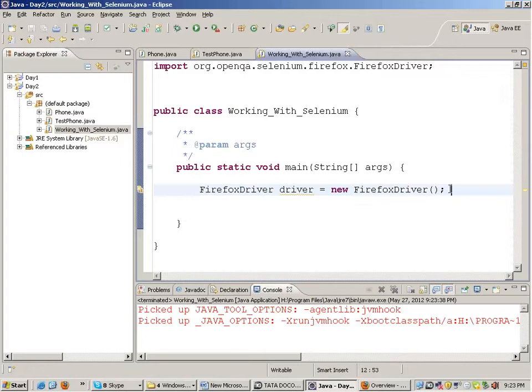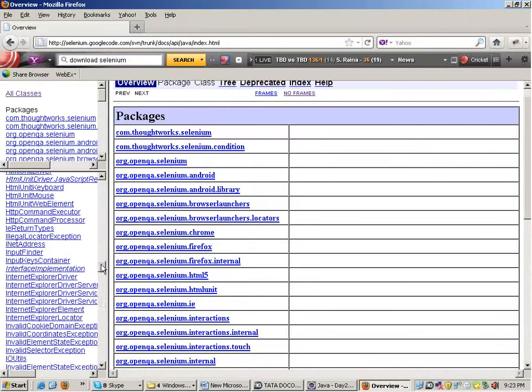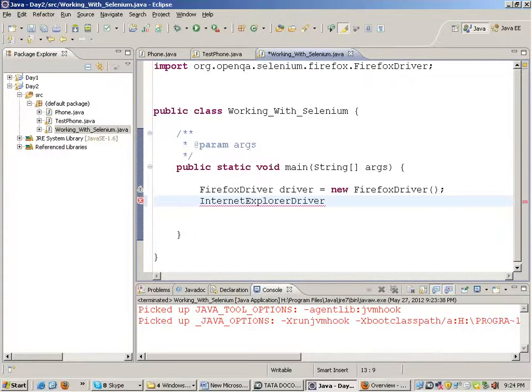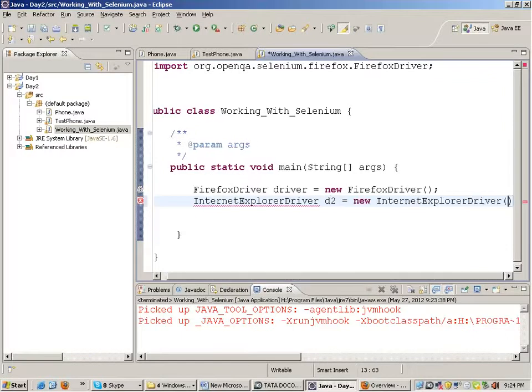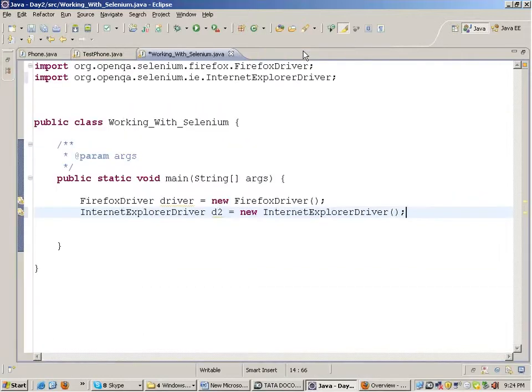Similarly, if I have to work with Internet Explorer, there is a driver called InternetExplorerDriver. So you make the object of InternetExplorerDriver called d2 equals new InternetExplorerDriver. IE7, IE8 work fine, IE6 is also good.